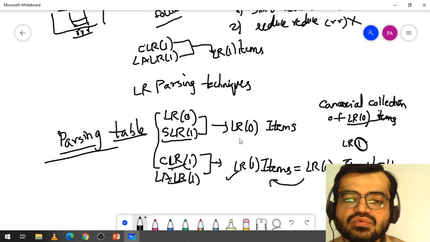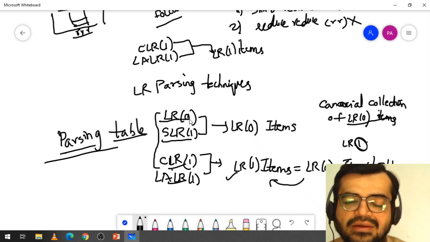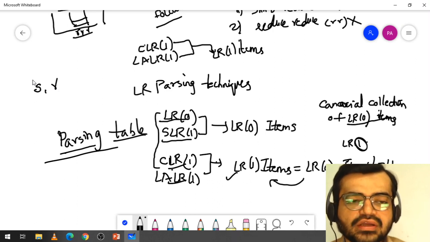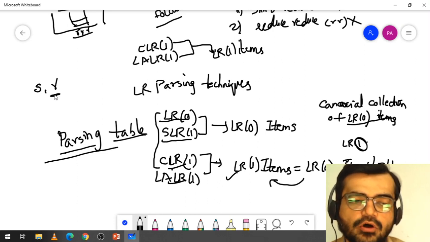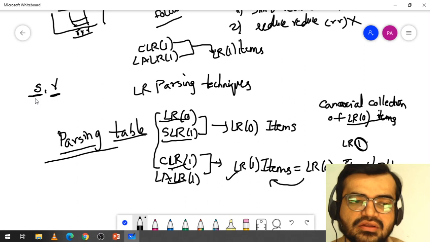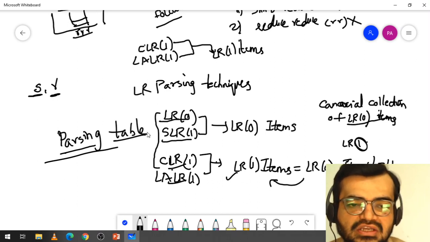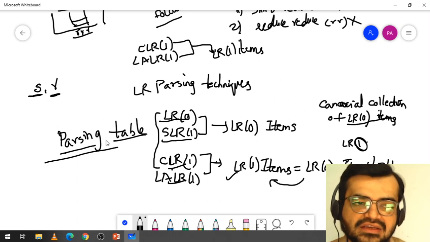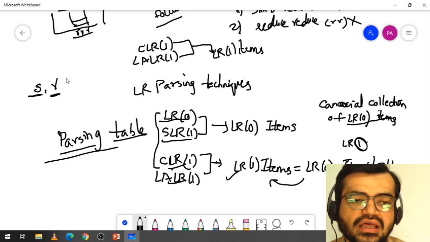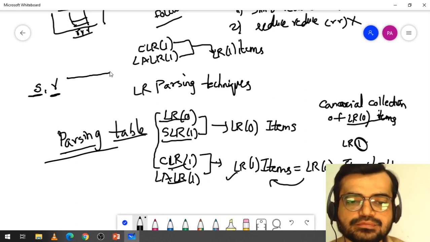Normally, in LR(0), there are generally two actions to be performed: shift and reduce. If a particular production is in a final state, then we use the reduce action. And if the particular production is not in a final state, then you are using the shift operation. Whenever I'm using the reduce operation in all of these four kinds of parsing techniques, in the very first type, LR(0), the reduce operation will be taken for a complete row, right?